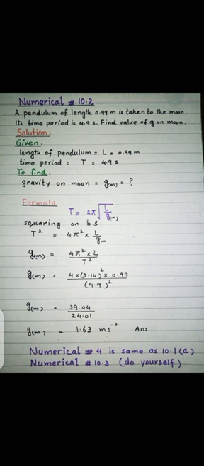Taking the gravity on moon on one side, gravity on moon equals 4 pi square multiplied by L over T square. Now by putting the values, gravity on moon equals 4 multiplied by 3.14 square multiplied by